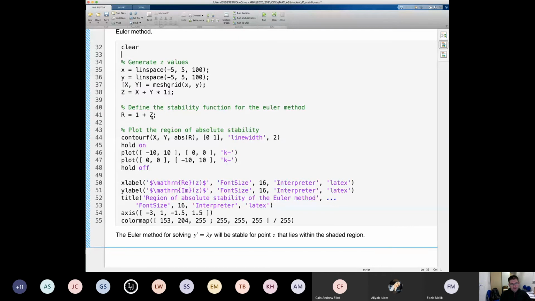Then I define the stability function, and I've used the stability function for the Euler method, which is 1 plus z. And then I've used a filled contour. contourf means a filled contour because I want to fill in the interior. abs(R) is the modulus of our stability function. And this says I want just one contour line where abs(R) is equal to 1. So if I run that code,